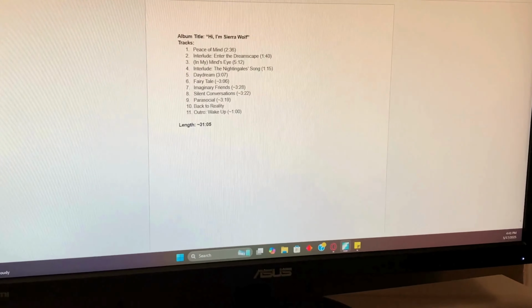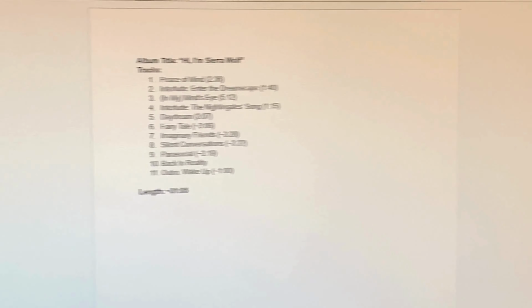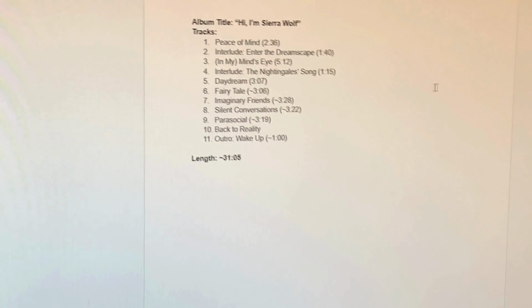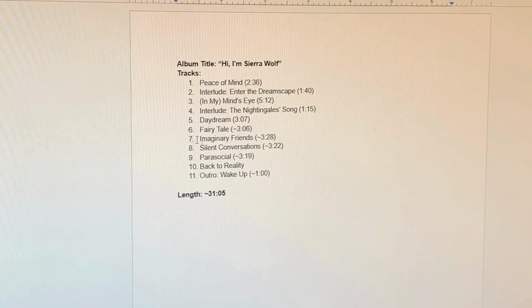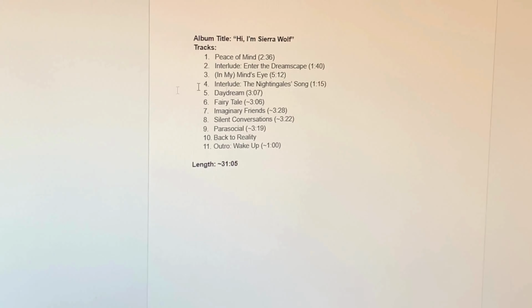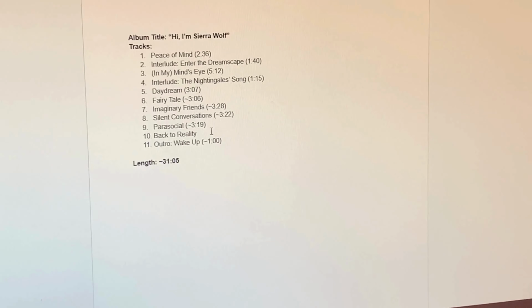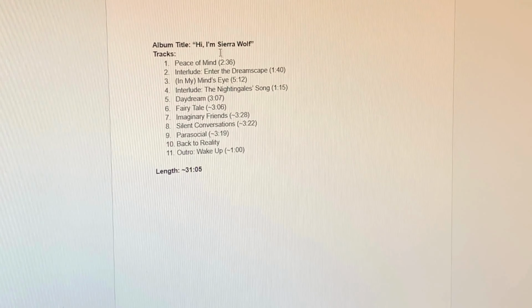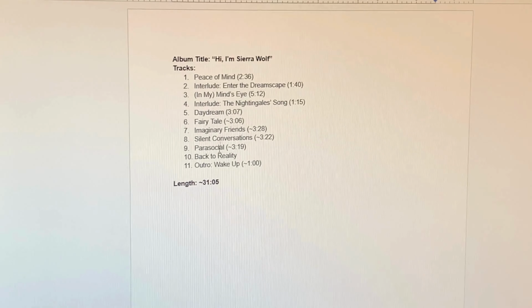Okay, now that I've got the melody composed, I'm gonna listen to the whole song once through just to see if I want to change anything, but other than that, we're pretty much done with the melody. Okay, I took another listen through and everything seems to be good now, but just wanted to show you guys I updated the track list for Hi, I'm Sierra Wolf. I specifically updated the times, so you got all the times listed right here, and I added the one for